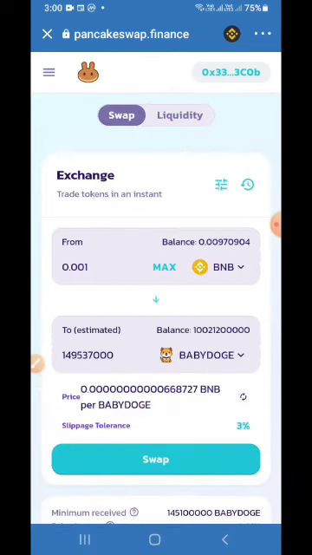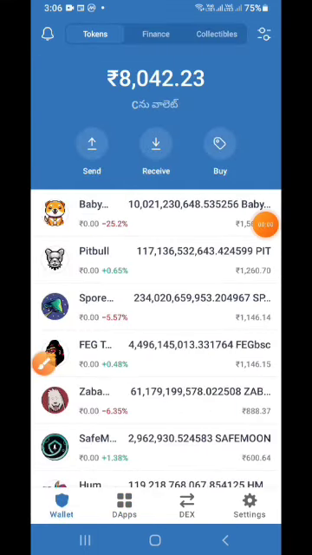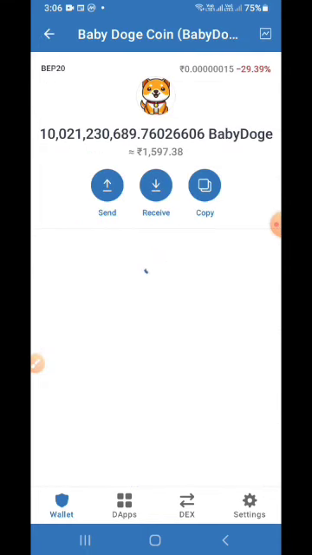After completion, the transaction successful window will be displayed. After that, you can close PancakeSwap and click on wallet. The coins are added into your Trust Wallet. You can check the coin's value.